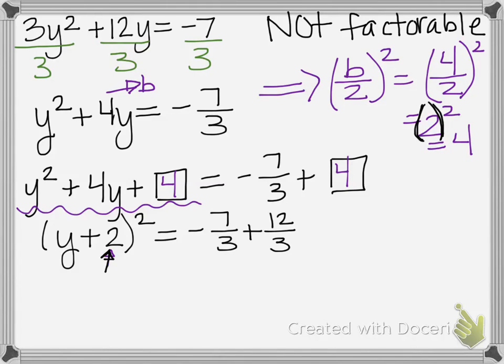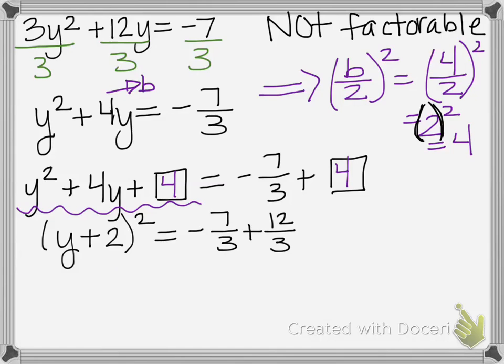So when you do your b over 2, before you square it, that number is what's going to complete the binomial, so you get a binomial squared. Okay, so that's how you know what number you put right there. Okay, so let's go back